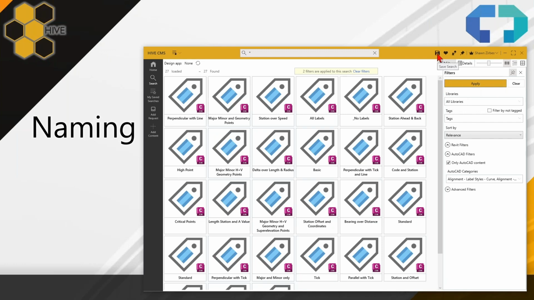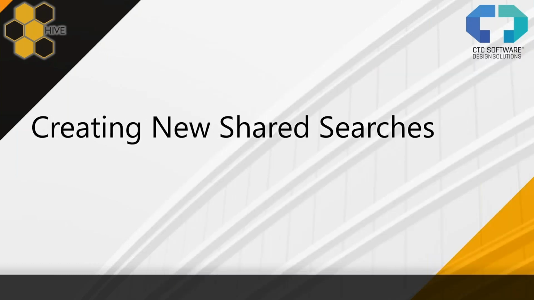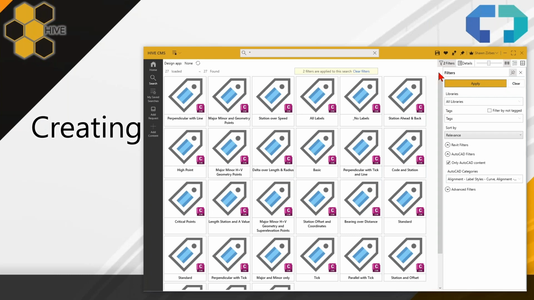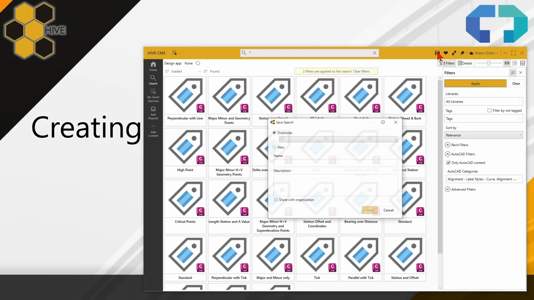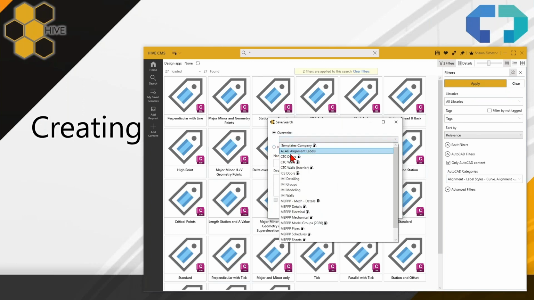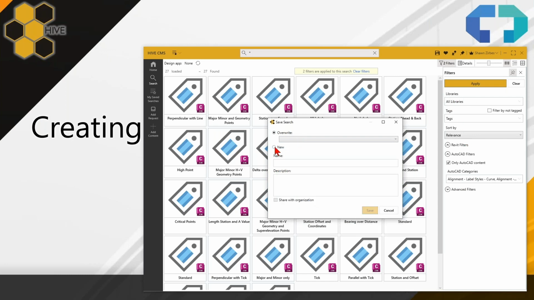So in this case, if I wanted to save this and share this with everybody, what I will ultimately be doing is creating a brand new search that is a shared search. To do that, I'm going to save this again, same process, save it. I could choose to overwrite my existing search if I wanted to overwrite its criteria with what I have just done. But instead,